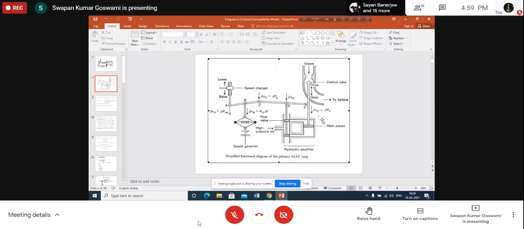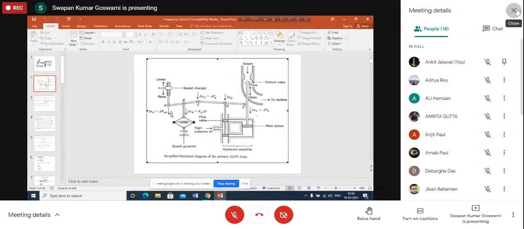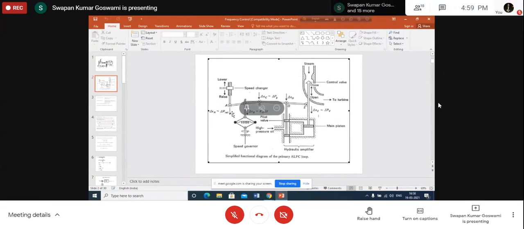Okay. Now let us develop a mathematical model of this whole thing, because finally our intention is to analyze the load frequency control system, how it works and how it should be operated. What has to be done? These things are to be analyzed, and unless you analyze this whole thing, you cannot understand and you cannot control. So our intention is to develop a mathematical model of this load frequency control system.